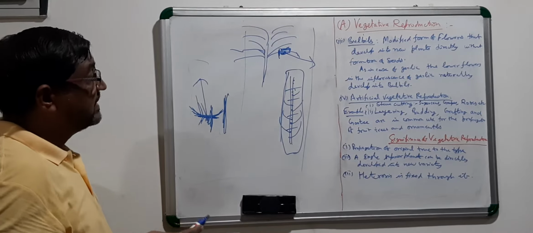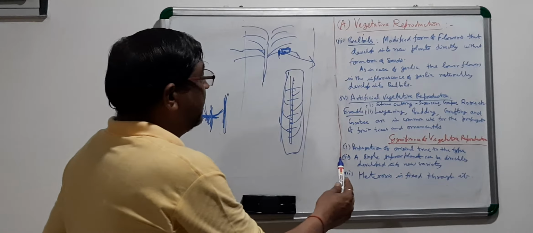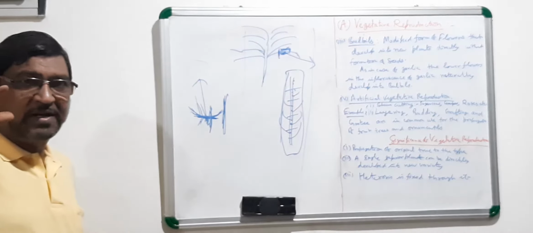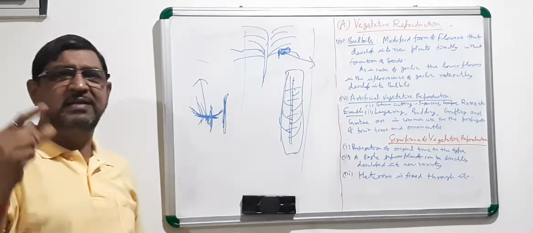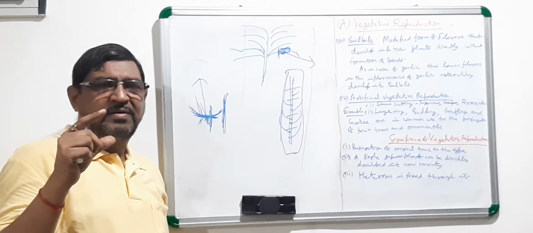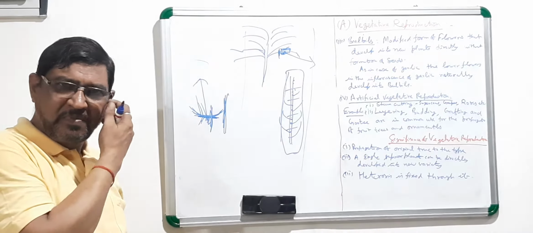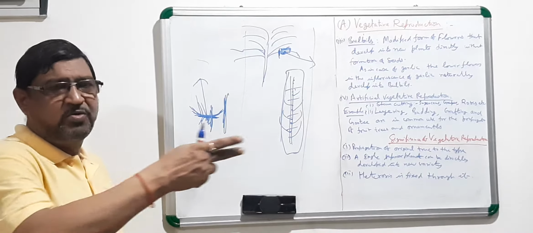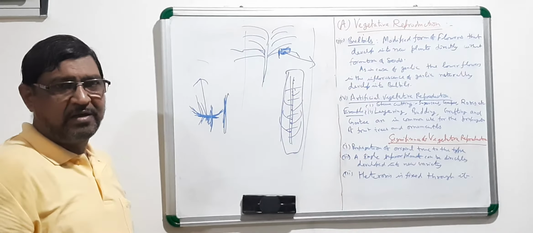So now if you talk about the significance of vegetative reproduction, the significance is the propagation of the original true to the type. If a variety is, say for example, by any means grafting or cutting, if it is a variety of sugarcane, if you wish to propagate it the same, you can use its cutting and you can get the original true to the type. The genotype will be completely true.